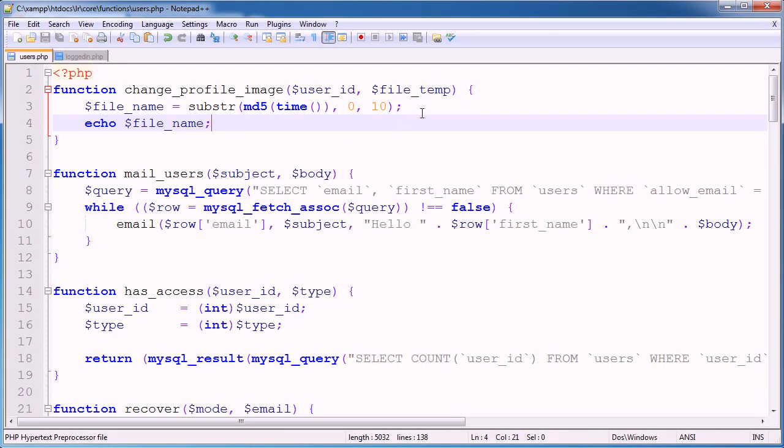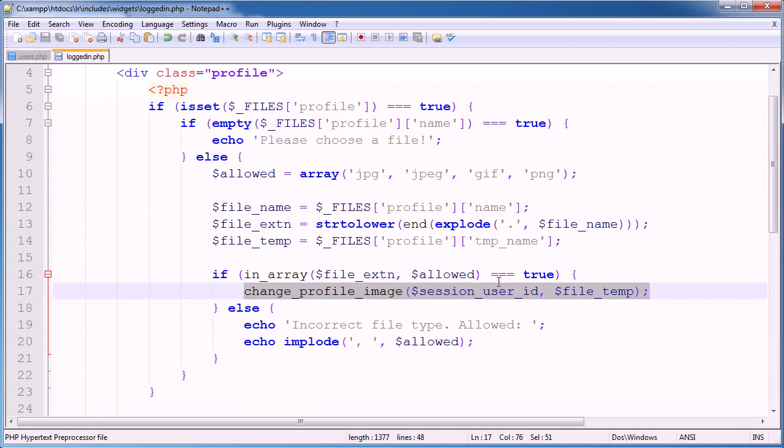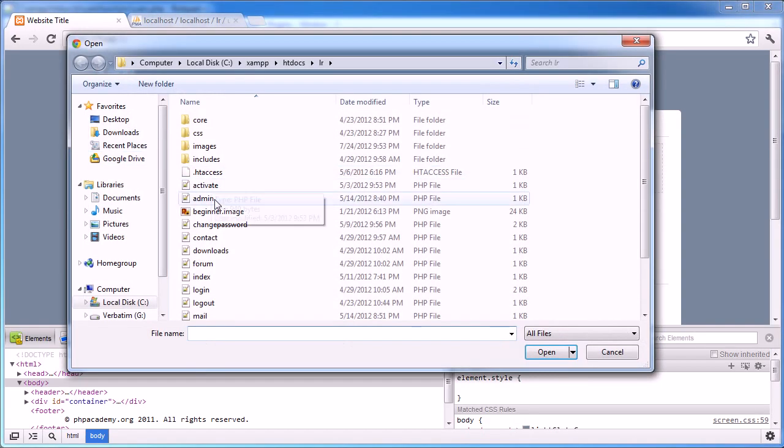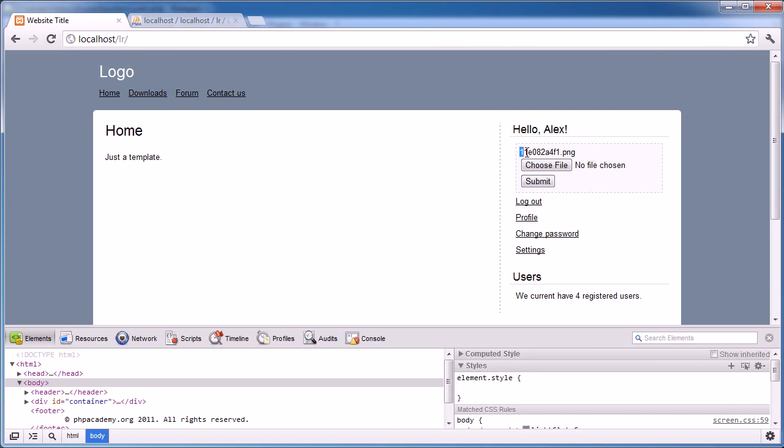The other thing we need to take into account is the file extension, which I completely forgot about. So we need to pass in the file extension here, extn, and here we need to go ahead and pass in file extn, because the file that we're moving, we need to know what the file extension is. So we're passing the file extension as well. Okay, so this is going to be something dot in a string, and then file extn. So this now looks like this. So we've got this random thing here, and then .png,